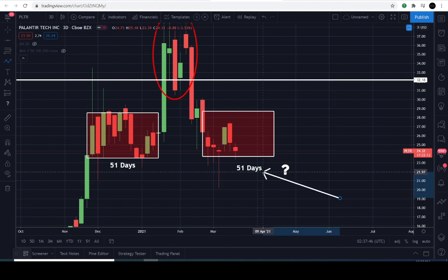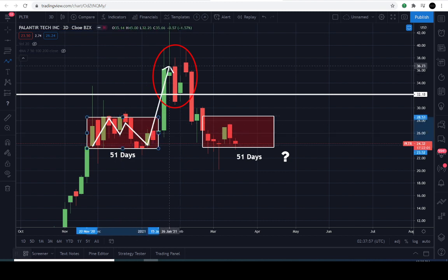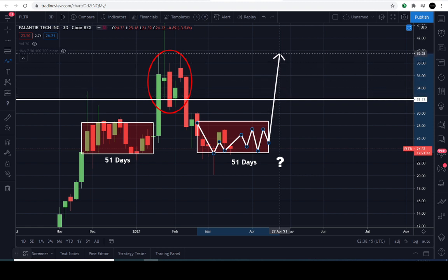That's me saying that the practical move for this market to consolidate and build up enough necessary momentum to have an explosive move out of the buyer's range, as it did in the past for like 51 days, would be in line with what has taken place in the past. So I truly think that if the market is going to have that explosive move again, it's probably in the buyers' best interest to at least consolidate within this range again and give it a retest overhead at 32.16 minimum. But they really need to make higher highs in order to keep the overall trajectory in place,